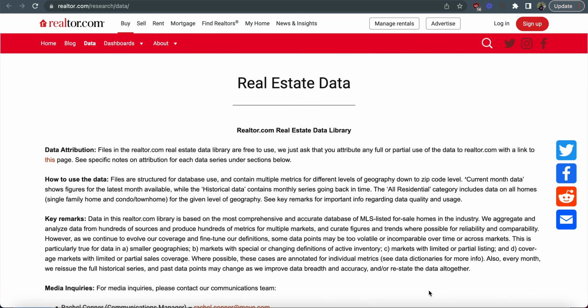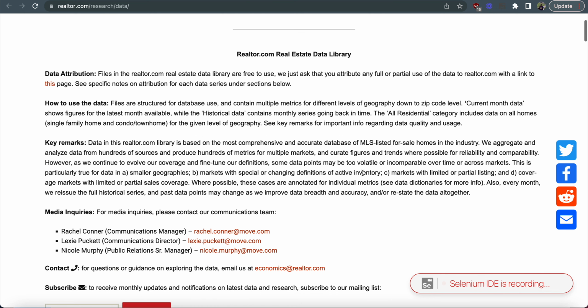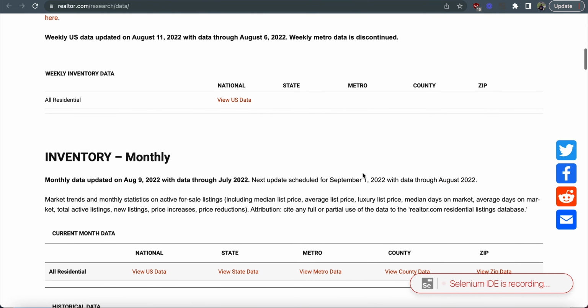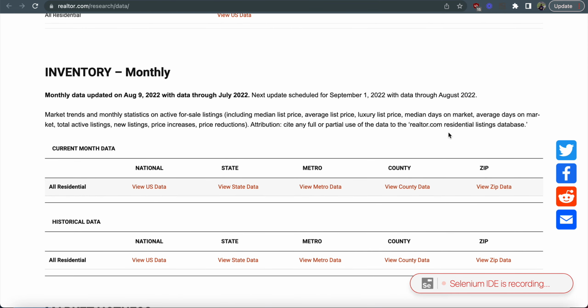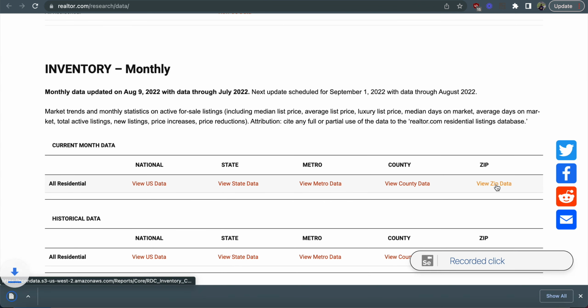So now, as you see in the bottom right, Selenium is recording everything that we do. And so if we wanted to go to a different tab of this page or go somewhere else and download some other data, Selenium would record all of that and pick it up. So all we want to do is scroll down. We find inventory monthly, and we're just going to click on this current month data, view zip data, and that's all we need. So now let's go back to Selenium,